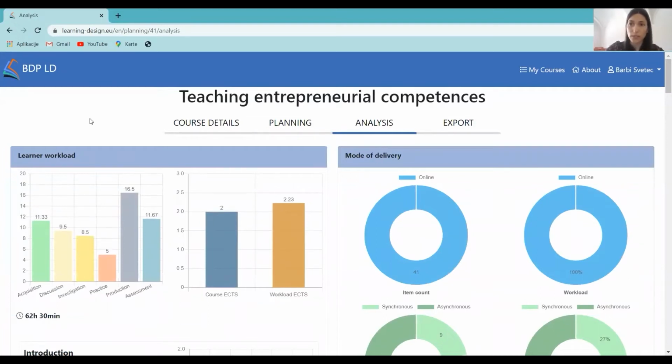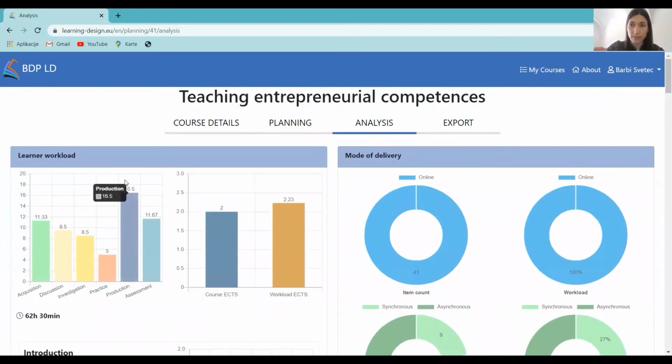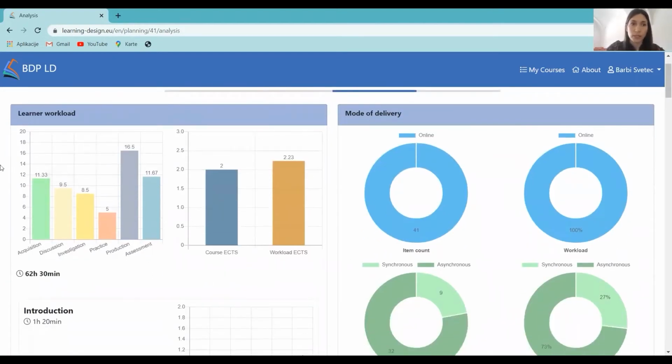And here we can take some sort of a bird's eye view of our course and take maybe a deeper look at what we've designed, and is it really in line with what we had in mind when planning the design. So we can take a look at learner workload.